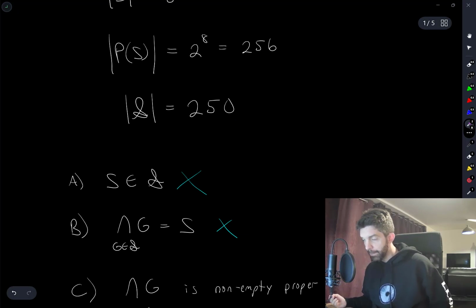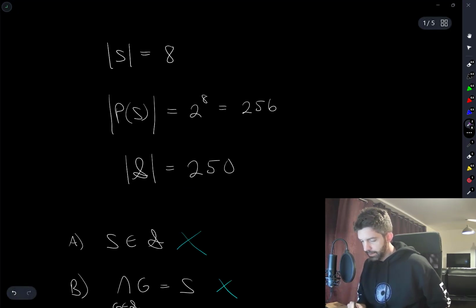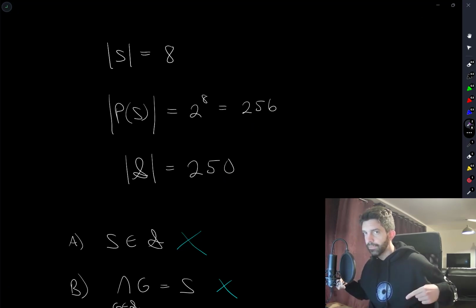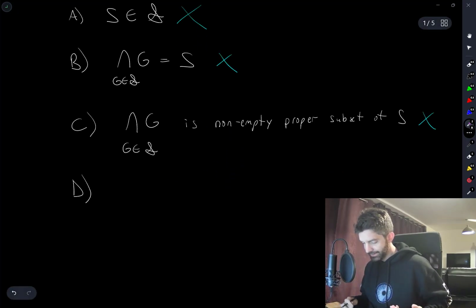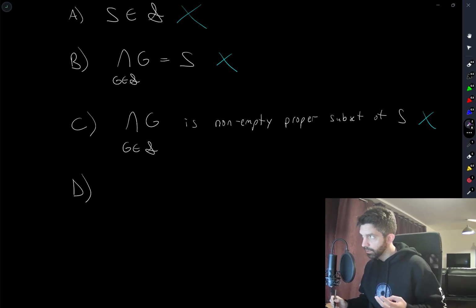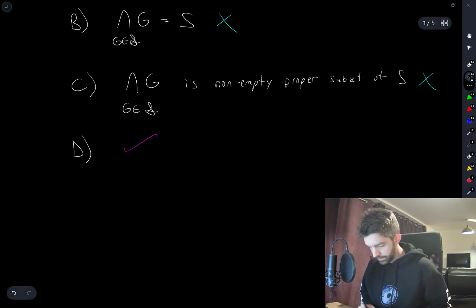D, the reason my instinct immediately went to D once I wrote this out, I think it's just a pigeonhole principle thing, right? There are 8 sets that have exactly one element. If the cardinality of S is 8, there's exactly 8 sets that have exactly one element. And so in going from 256 down to 250, you can't possibly remove all 8 of those. At most, you can remove 6 of them. So in fact, there are at least 2 sets in script S that have exactly one element. So that's the argument for why D is correct.